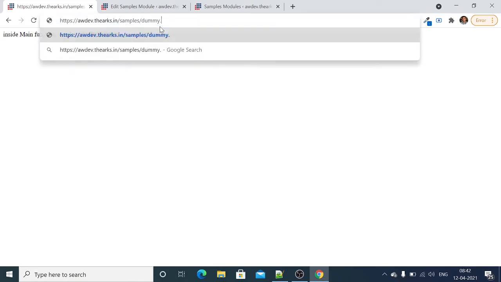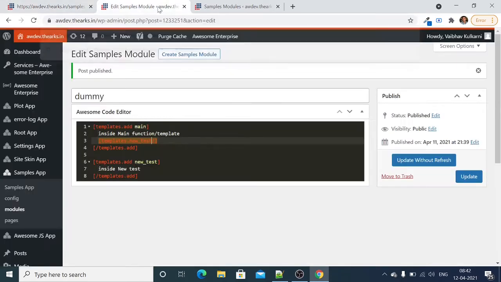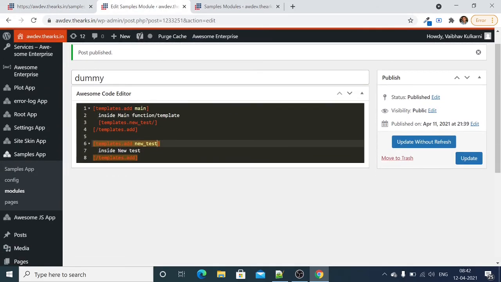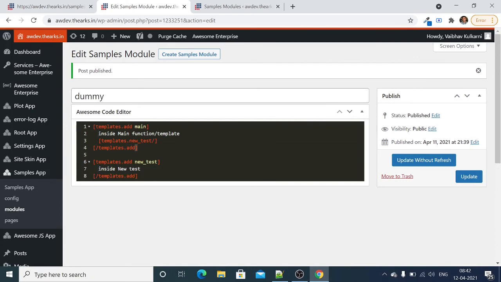So this calls the main function, but when you want to call a function other than main, then you can specify it using the dot. So this will call the function directly when you are using the dot and the function name. So module is a bridge between two endpoints. The first endpoint is our app and the second is the function. So this is how the module works inside the app.